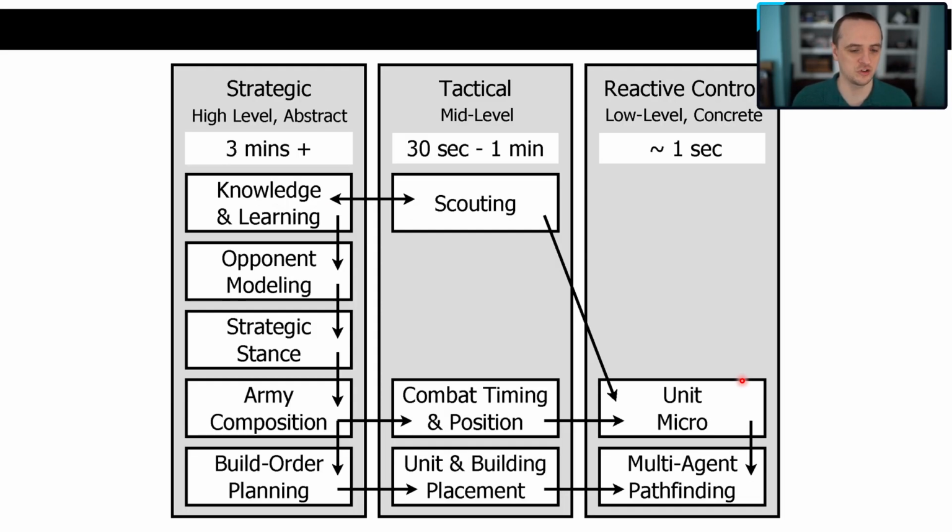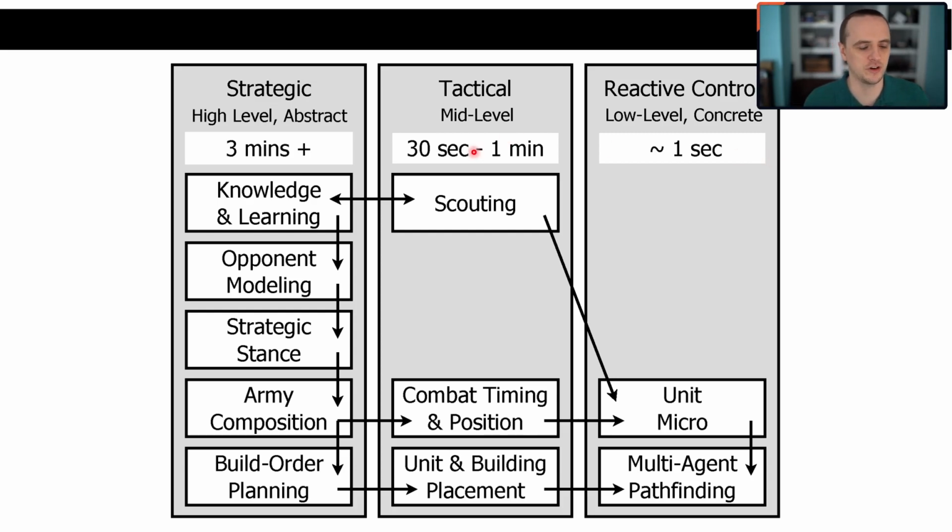So if StarCraft is so big, how do we approach it? Well, what we're going to do is split the game into different subproblems. So we're not just going to try and solve StarCraft. What researchers have traditionally done is break down the game into different strategic components that humans have used for years in order to try and play the game.